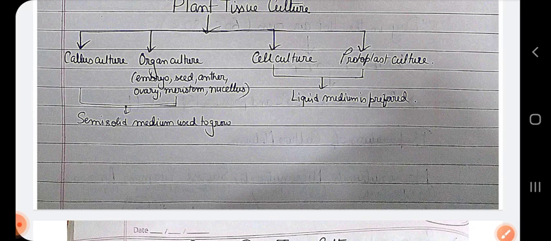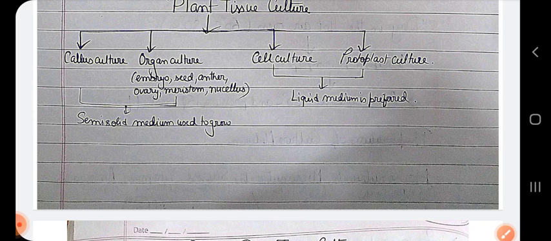So proper agitation should be provided, and that will give rise to small viable callus, and from that callus we will again do the callus culture. In case of protoplast culture, I have already mentioned that we remove the cell wall of the plant cells. Now obviously you have a question: if we remove the cell wall, then it will not be able to maintain that balance pressure inside the environment of the protoplast, so it will burst. But no, we use certain chemicals, a sorbitol mannitol solution, to maintain that osmolarity at a certain concentration,